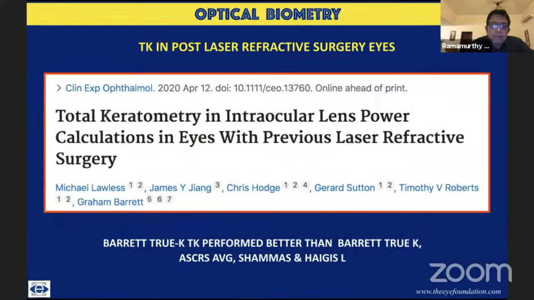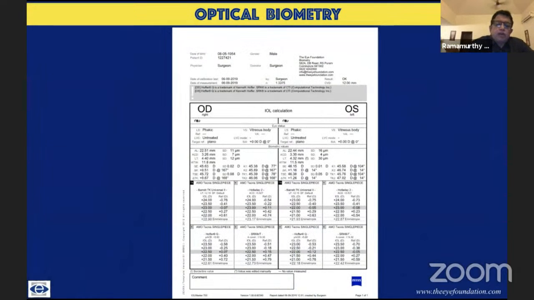in the older Barrett formula. And again, we all know that when it comes to the post-refractive surgery scenario, because of the change in the alignment between the anterior corneal curvature and the posterior corneal curvature, it becomes quite a challenge. Today, because of the precise measurement of the posterior corneal curvature, these studies which have just come out in the April 2020 issue have shown that the accuracy of the intraocular lens power calculation, especially for toric intraocular lenses, becomes significantly enhanced. With the availability of the IOL Master 700, our very workflow has changed in the sense